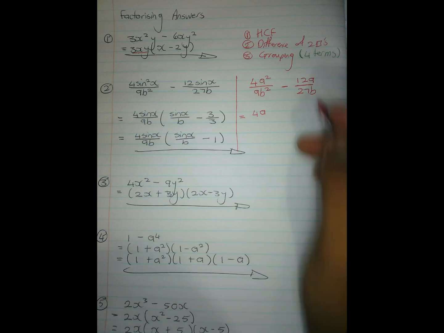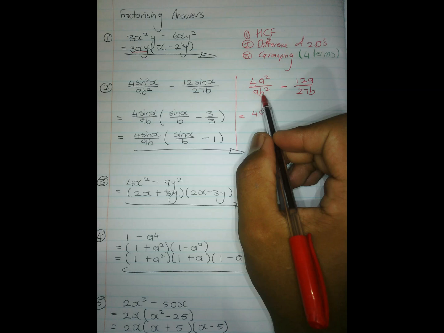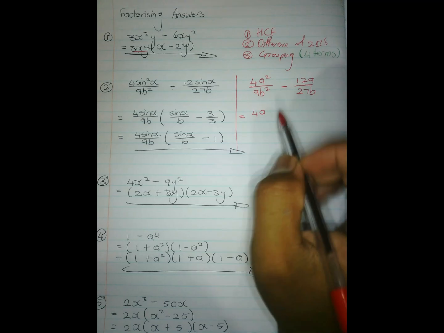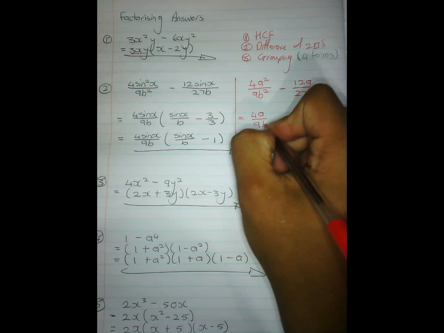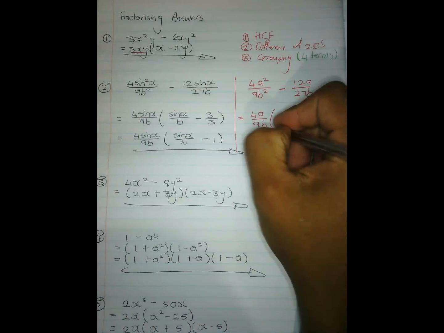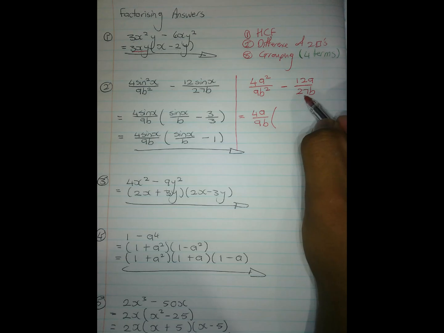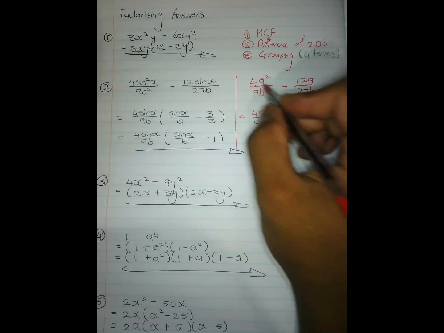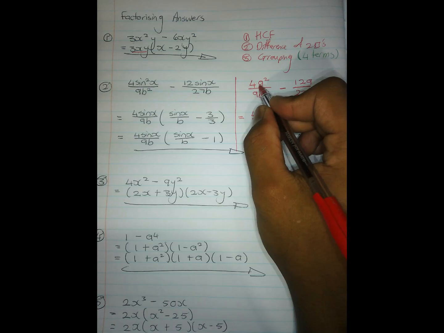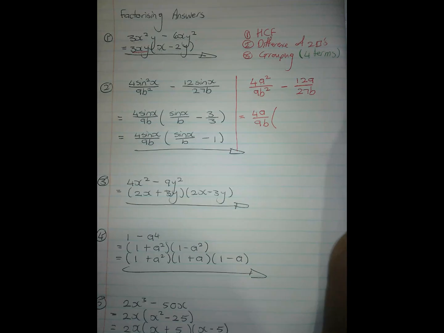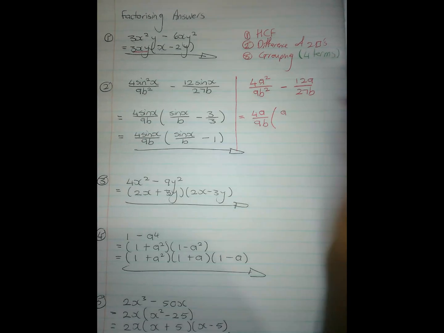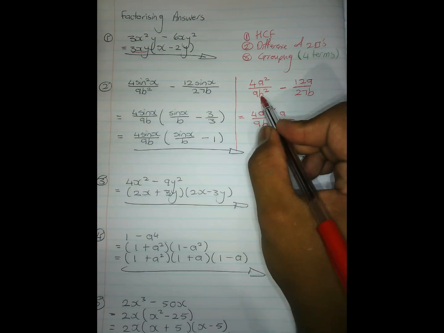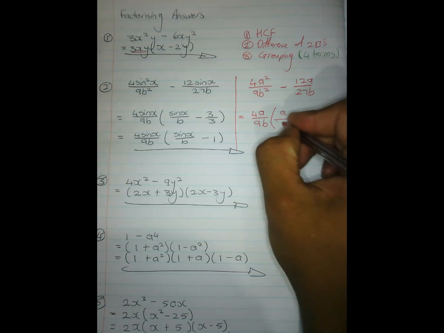Then I look at the bottom now. The highest common factor I can take out from the bottom, the denominators, is 9b. So I take out a 9b, because 9 can go into 27 3 times, and 9 goes into itself 1 time. So what's left over from the top? If I take out the 4a from the numerator here, I'm left with an a. If I take out the 9b here, what's left over is only a b.